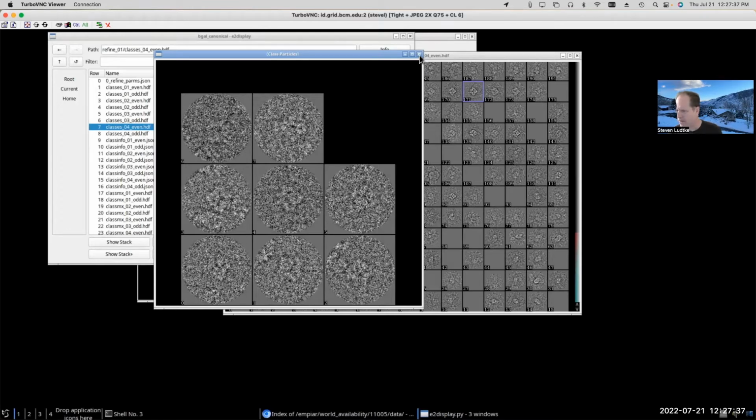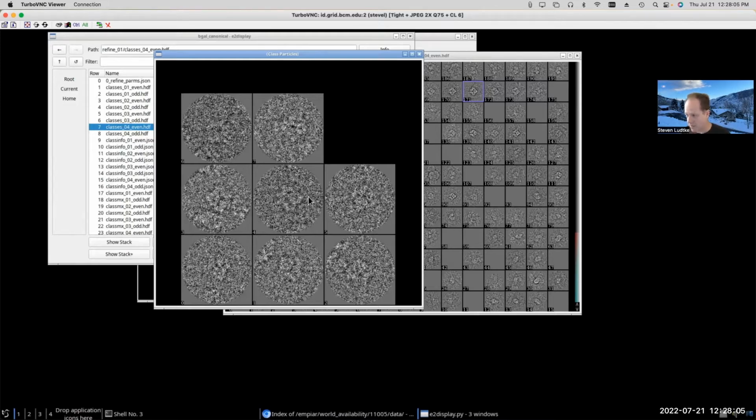Now, how would you go about storing that information in the star file? Right, the information about which particles went into the class average. The way you pretty much have to store that in a tabular form would be the other way around. Instead of saying, here's a class average, which particles went into it, you would have to say, here's my list of particles, which class did each particle go into?